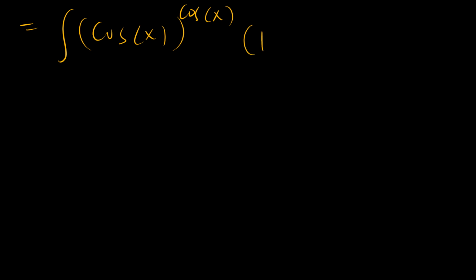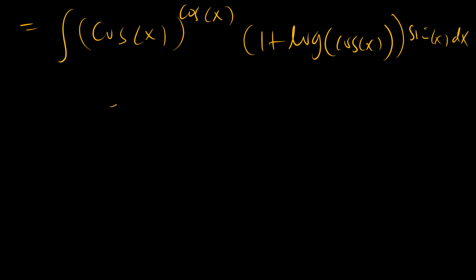So we have now brought our problem to be cosine of x to the power cosine of x times 1 plus natural logarithm of cosine of x times sine x